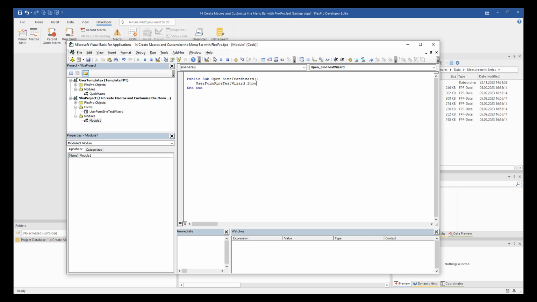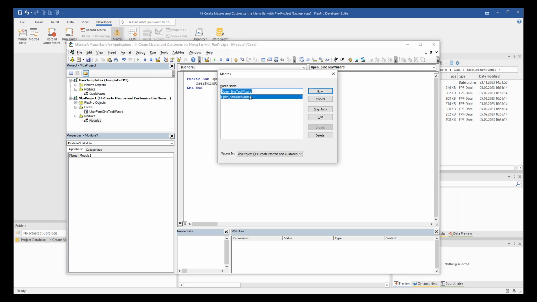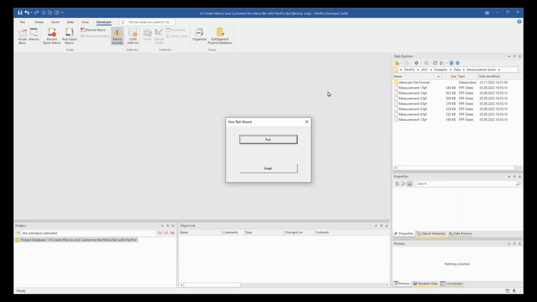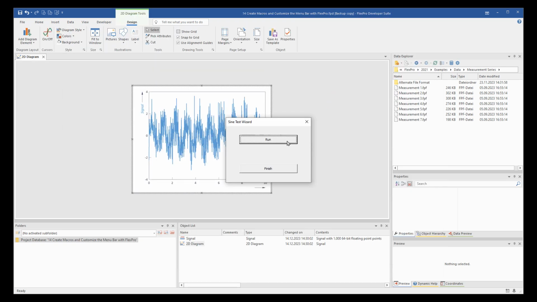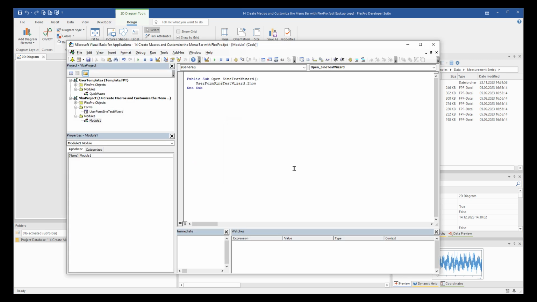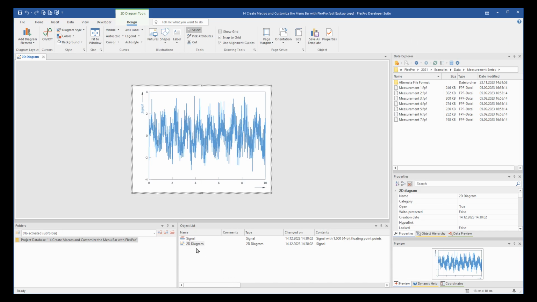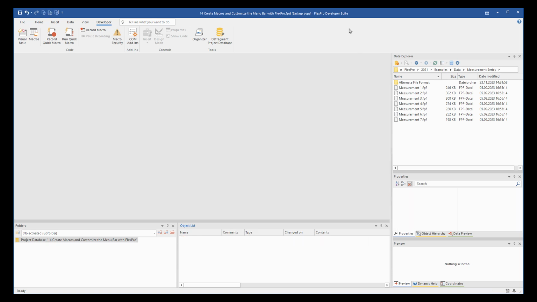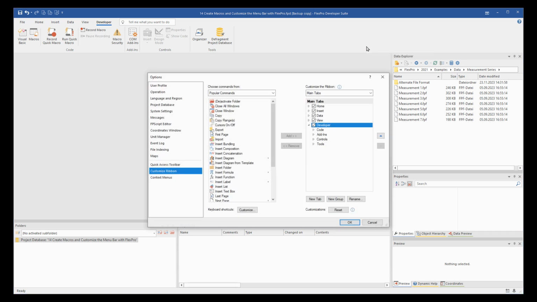I can test my VBA code now by pressing the F5 key. Using right-click, I select the Customize Ribbon command. First, I press the New Tab button and add a new tab with the name My New Ribbon Tab.